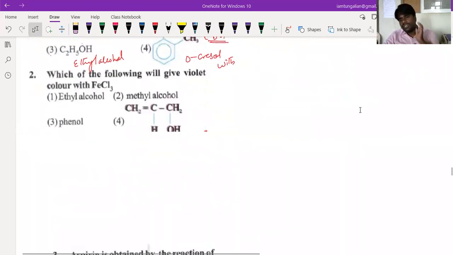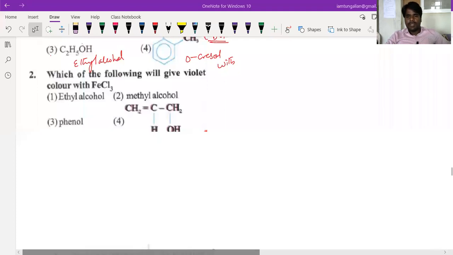Now, if you look at the second question, I will discuss alternate questions. Shall I discuss all the questions? I have opened the chat box. I would like to discuss all the odd number questions. Will you solve the even number questions? Yes, I will solve the alternate questions, but you try to solve the remaining ones. If I solve all the questions, nothing will be left for you to solve. You try to solve the remaining questions.